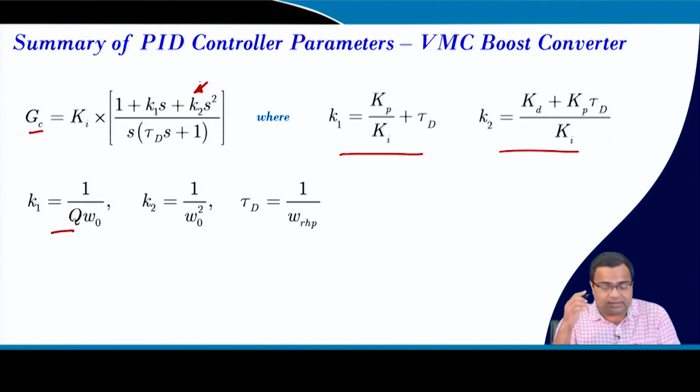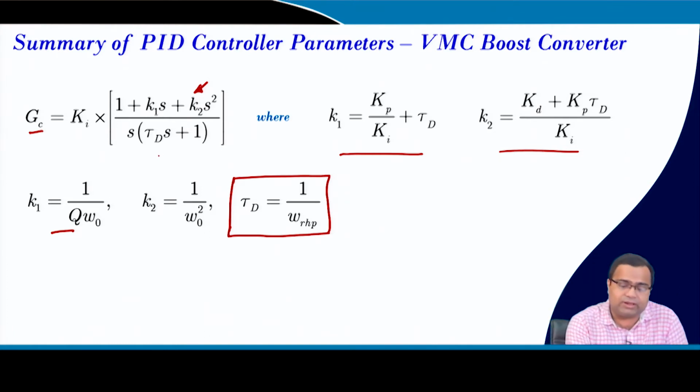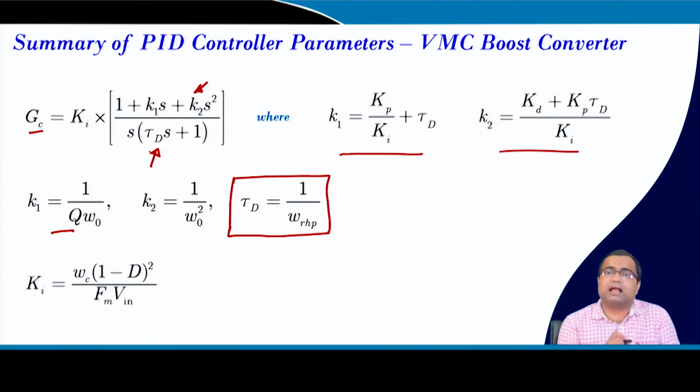And if you do that, but for the right half plane zero we cannot cancel it, because unstable zero cancellation is not allowed, otherwise it will make the system internally unstable. So, we placed the controller's one pole in coincidence with the RHP zero. That means we want to coincide the controller pole with the RHP zero, and that is why we have chosen this. And after that we have analyzed